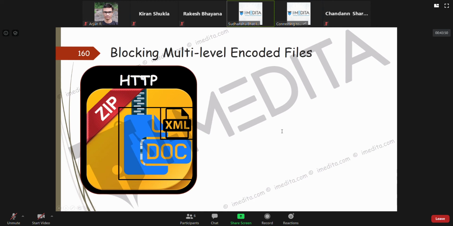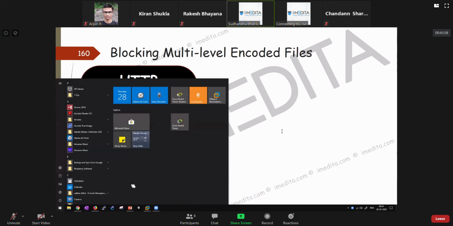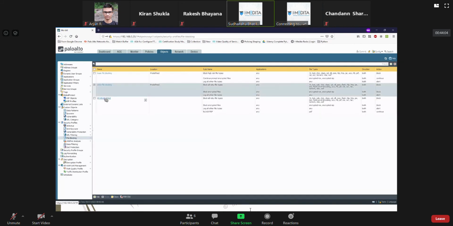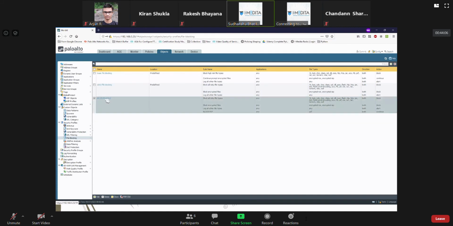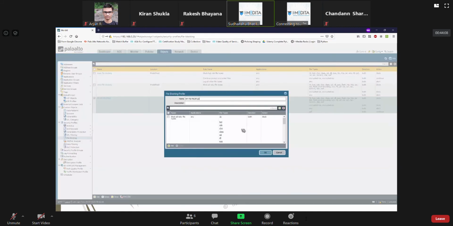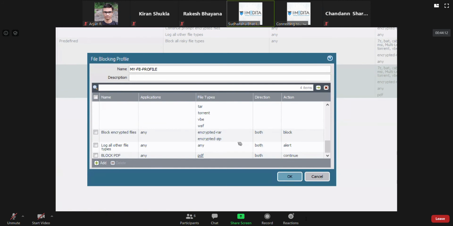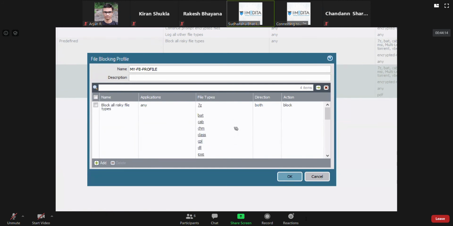Beyond 4 layers, what it is going to do is it can block these multi-level encoded files, like you see here in the file blocking profile option. Here the file type is multi-level encoding.